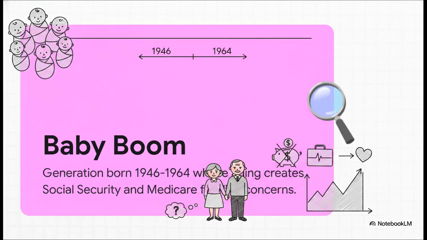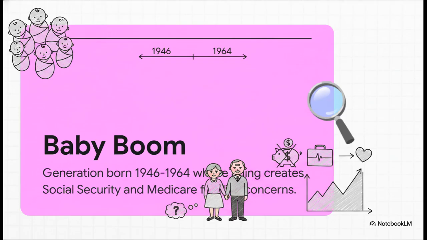Now, what's really interesting here is how a demographic explosion from decades ago directly impacts us right now. We're talking about the baby boom, which is that massive generation of kids born right after World War II, between 1946 and 1964. But listen, this is definitely not just a historical footnote. Because of the sheer size of this generation, their aging process today creates some very serious, long-term funding concerns for programs like Social Security and Medicare. Keep that in the back of your mind, because we're going to see it pop up again